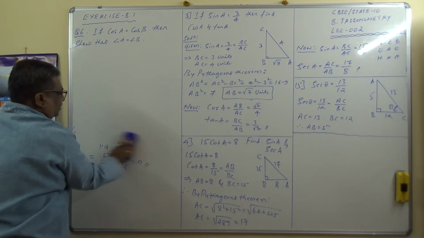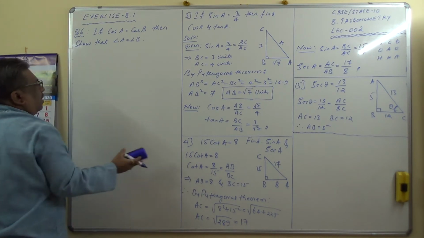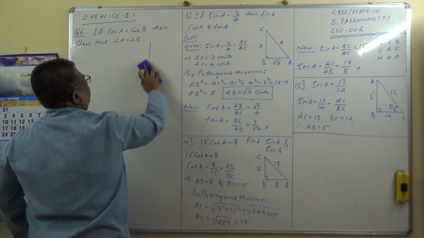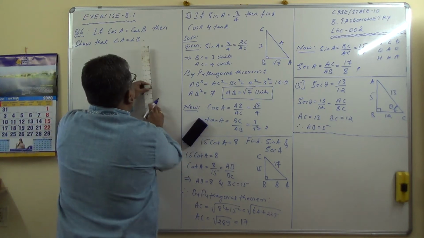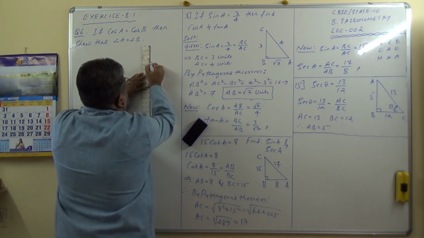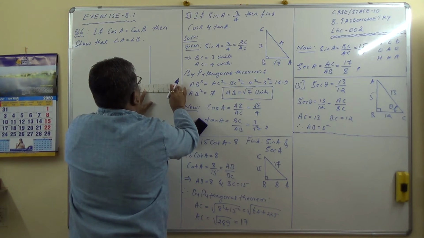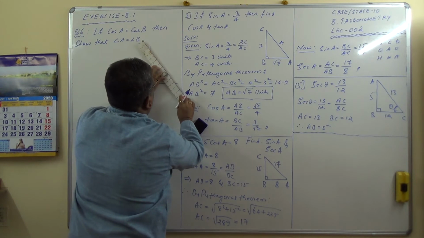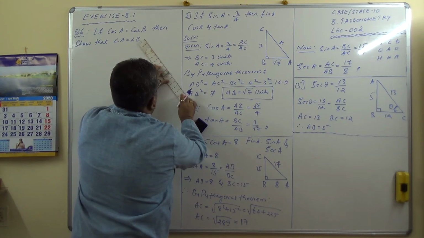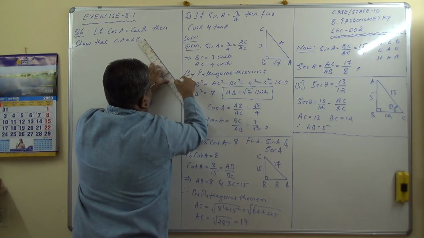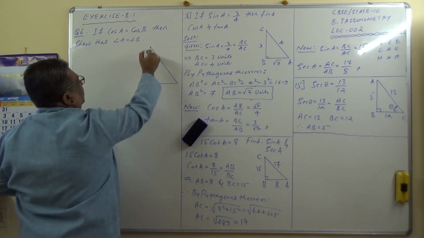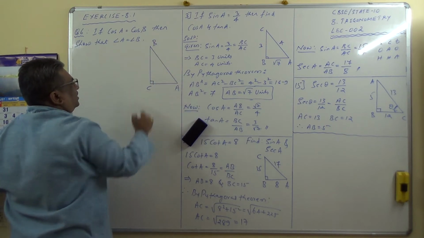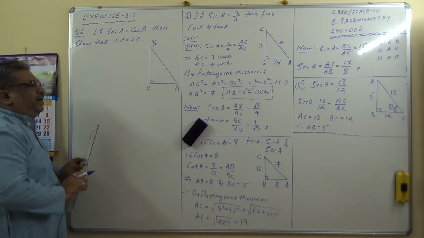So let us see how to solve this. Let me draw the diagram here. Important, both should be acute angles, so I am considering the acute angles as angle A and angle B. The remaining angle C must be a right angle. So here let it be A, this is B, both are acute angles, and C, this is a right triangle. This is how the diagram needs to be drawn.